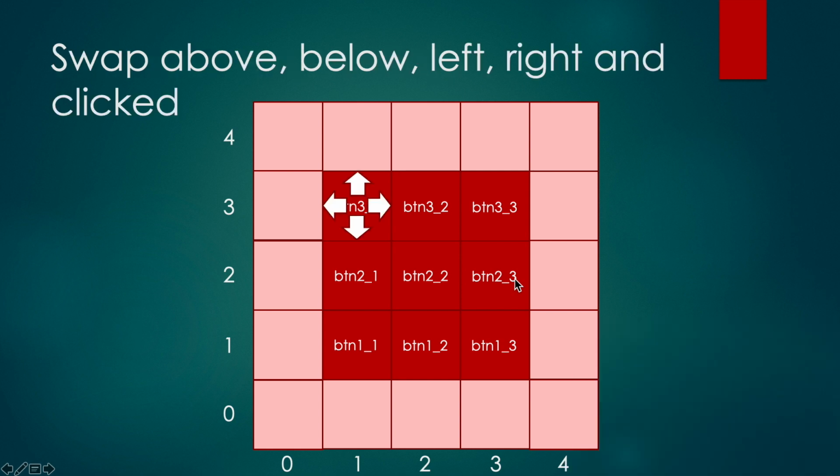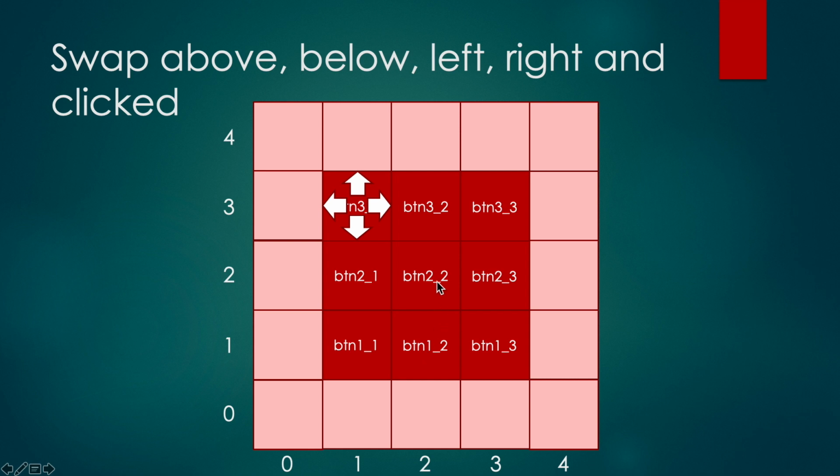Now that I have this approach, I can swap above, below, to the left, and to the right, and the button that was clicked, because I have a button above, to the left, to the right, below, and so forth. In fact, what we're going to use is what's called subscript mathematics, and I'll go into this in a future video lesson. But just to give you a quick preview, take this button, for example. You know that this button and the one below need to be swapped, because all adjacent buttons are going to be swapped. Well, row 2 minus 1 is row 1. So if I take that number and subtract 1, it tells me what row button to select and swap.